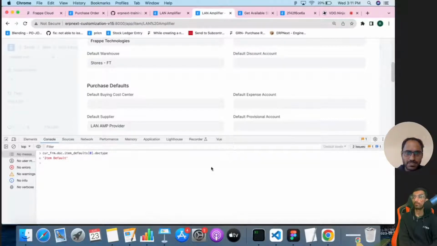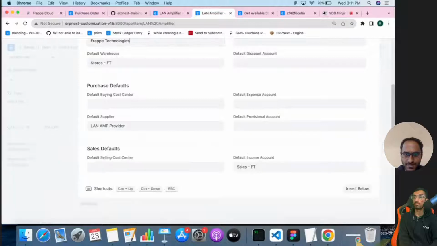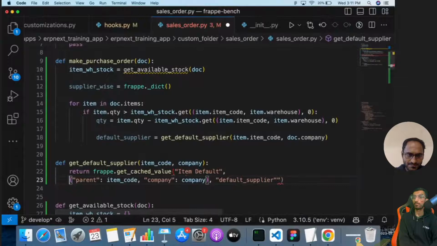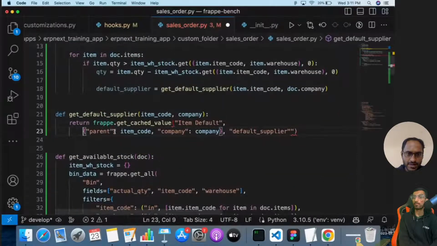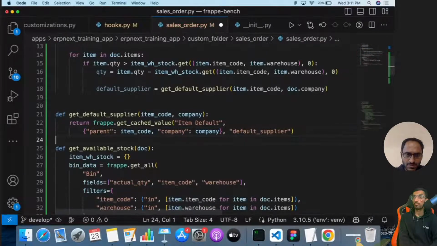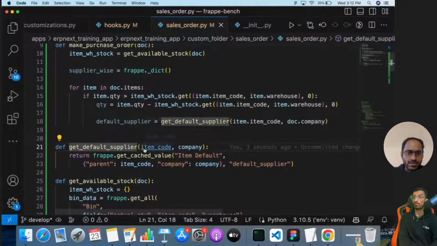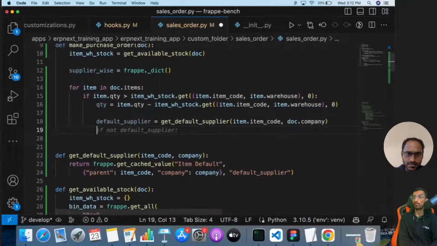You can check from here as well from the customized form. So item default. Then I'm passing the parent as item code, company, and the default supplier. It will give me the default supplier information. Now I'll say if